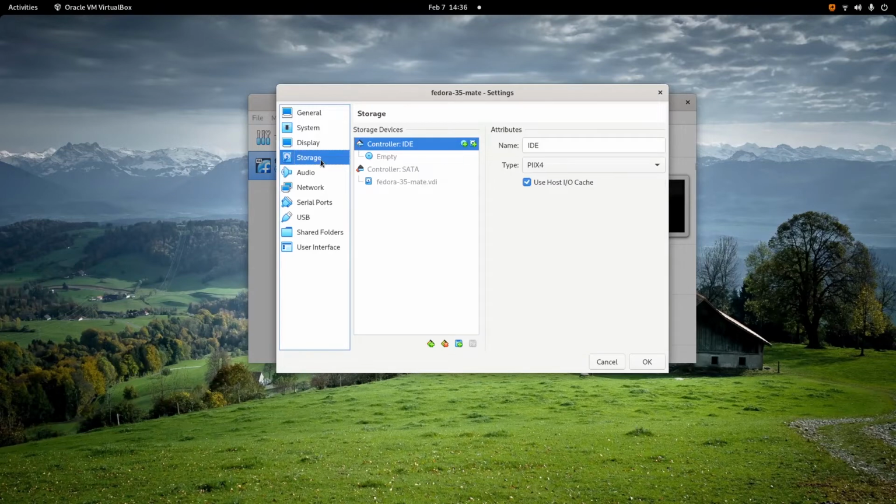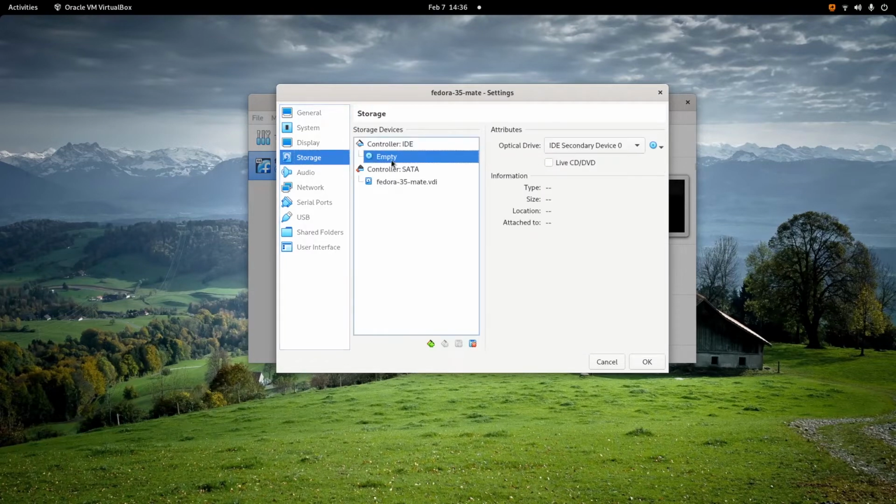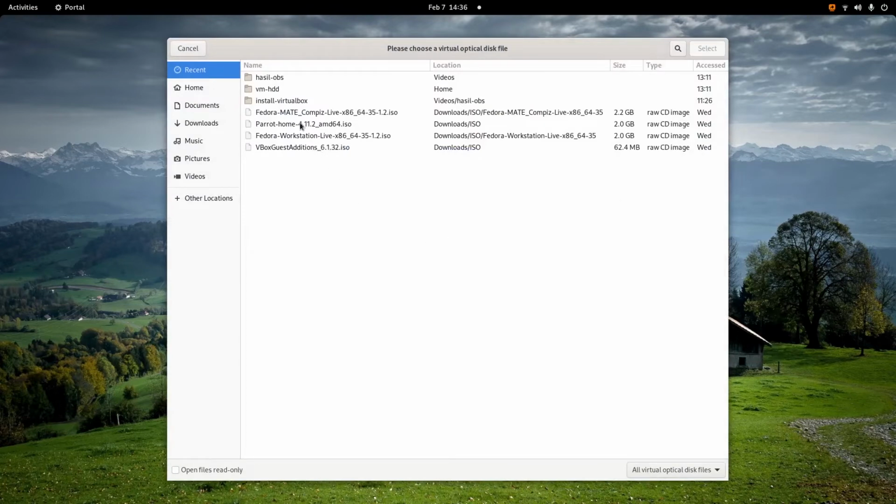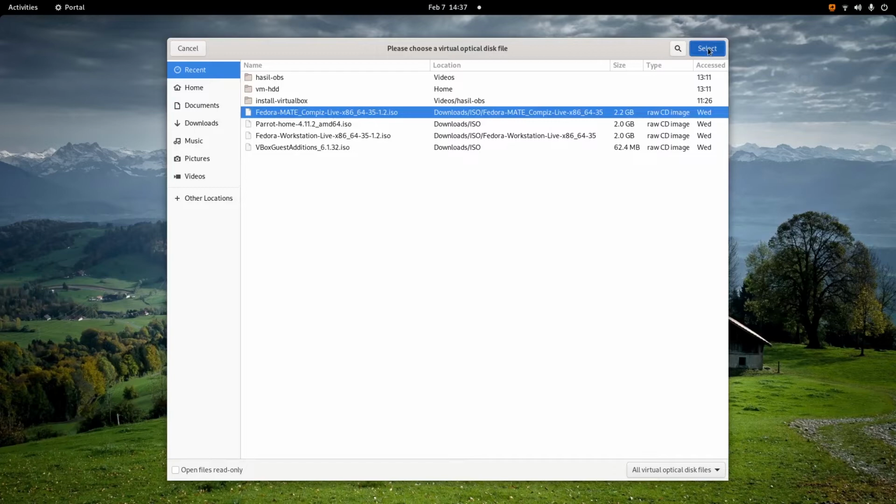And then for the storage, this is your virtual disk drive. I will choose this Fedora Mate Compiz Live.